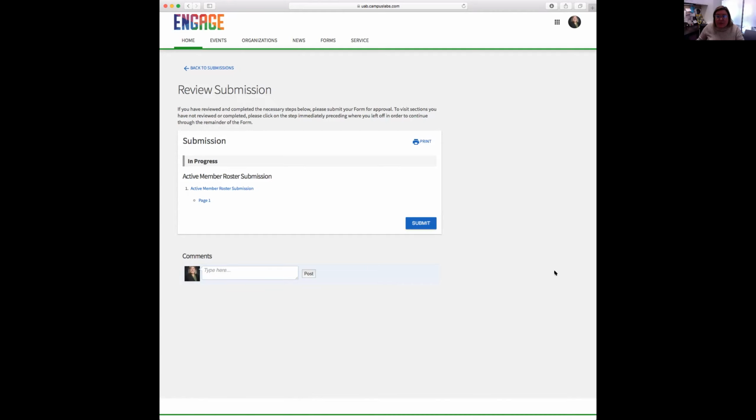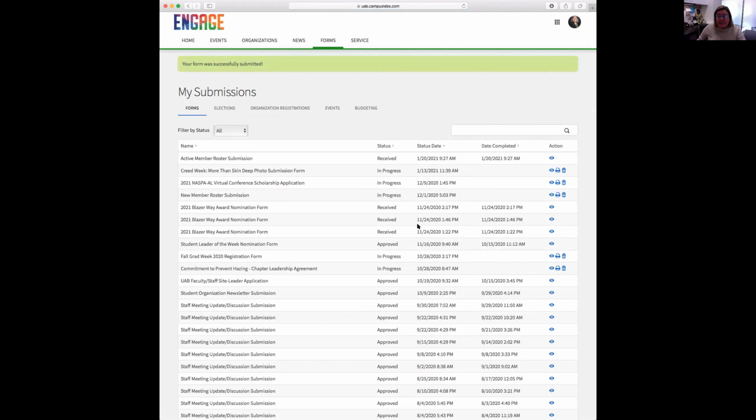What you do have to do in order for it to be submitted and for our office to receive the information is you will need to select this blue Submit button. What this page does, though, is gives you an opportunity to make sure you've submitted all the appropriate information and to go back if you need. And then you'll just select Submit. Your form is not complete unless you select the blue Submit button, so please don't forget to do that.